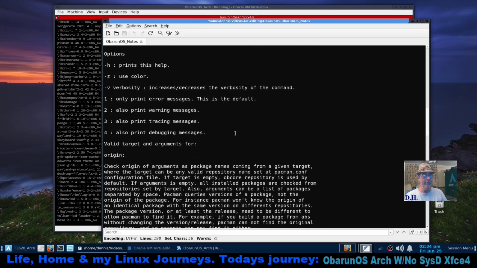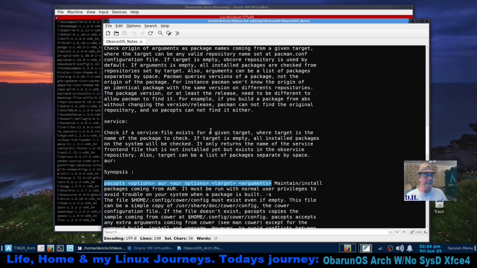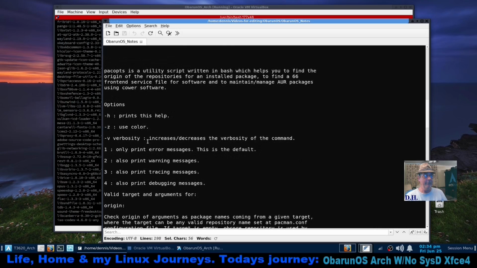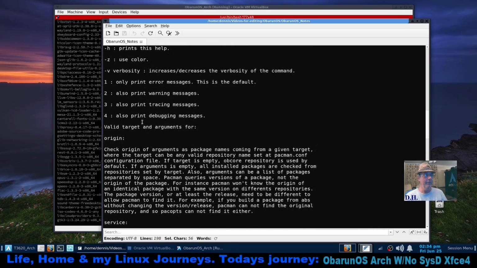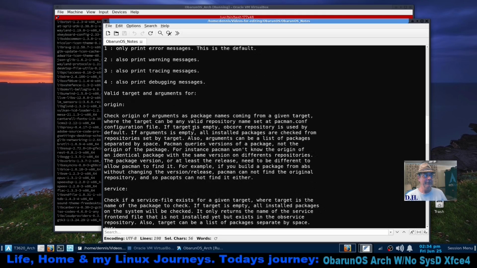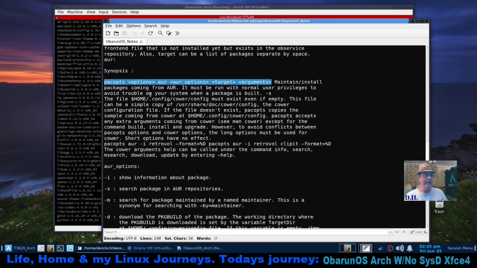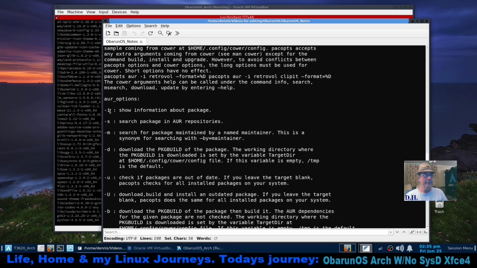That is the default. Also print warning messages, print tracing messages, and debugging. Okay. So you could put one of those there, and I do. I put the Z there for color. Right here, use color. And specify AUR, and then the AUR option here, lowercase